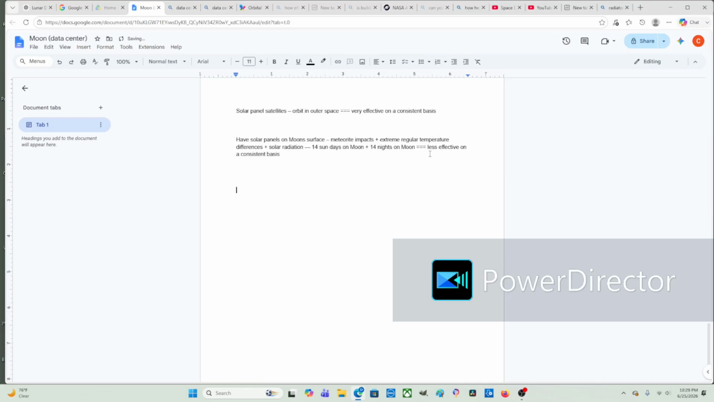And then for the nights, you would also need something like a battery storage area for electricity, which is a whole other thing to think about and properly take care of. So the most consistent source of electricity and energy for the data center is once again going to be